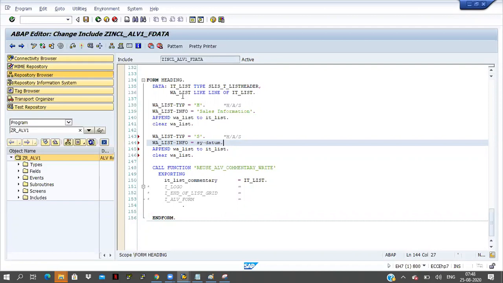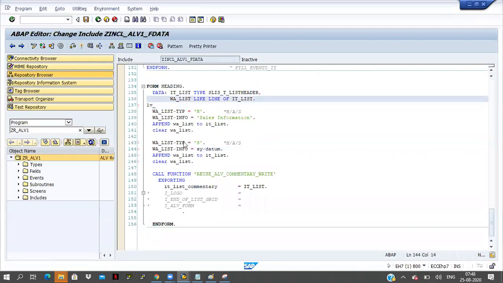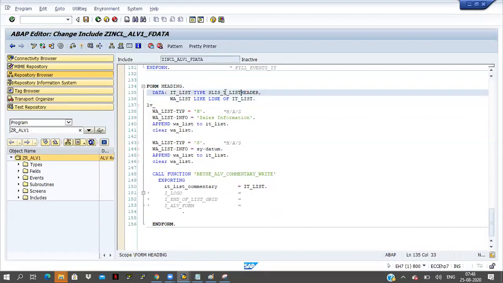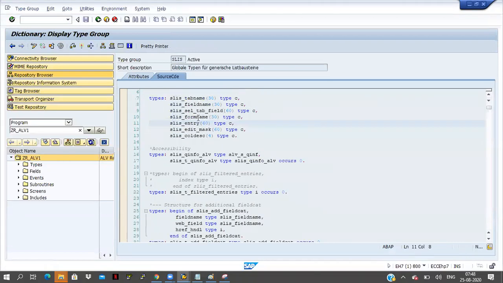So in this case, what do I have to do? First of all, what is the data type and length for this info? Let me check that. The info type is this underscore entry, character 60, no problem.